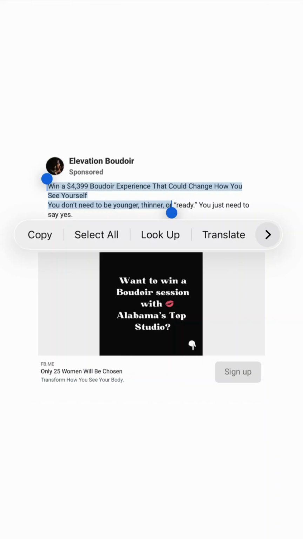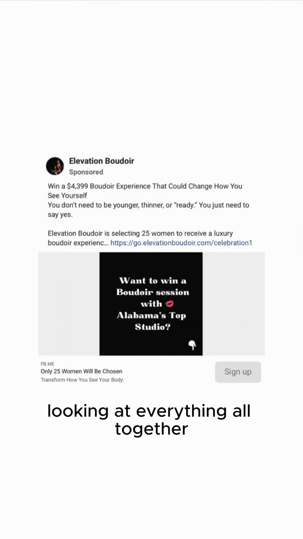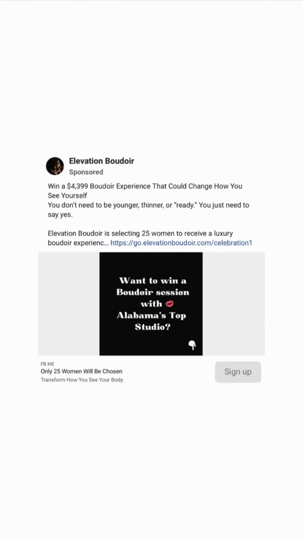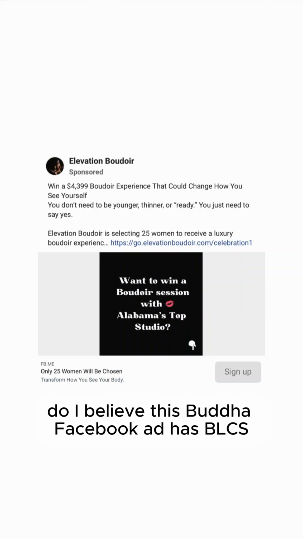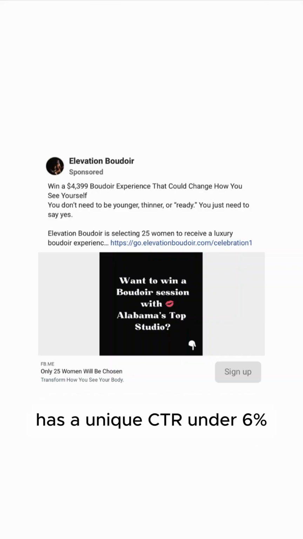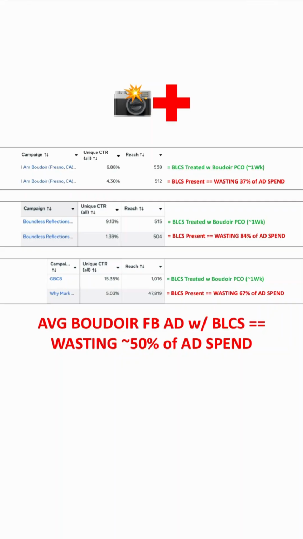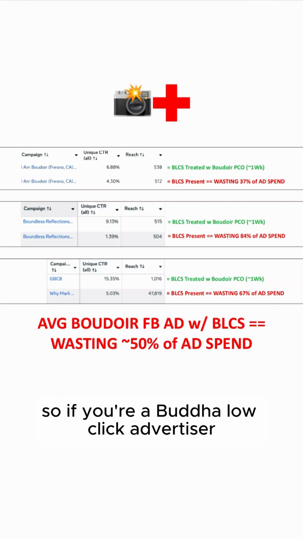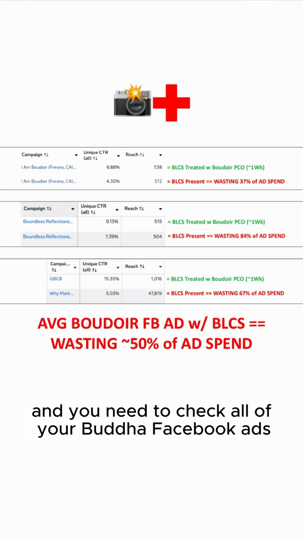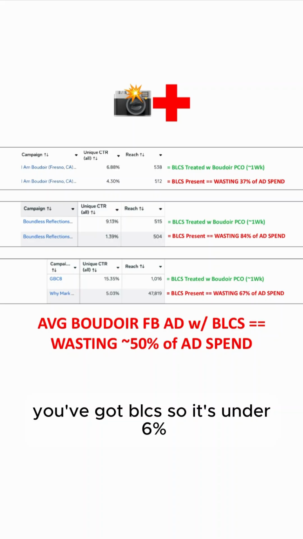Now, looking at everything all together, do I believe this Boudoir Facebook ad has BLCS, has a unique CTR under 6%, has Boudoir low click syndrome? Yes, I do. So if you're a Boudoir low click advertiser and your unique CTR all of your Boudoir Facebook ads is under 6%, you've got BLCS,